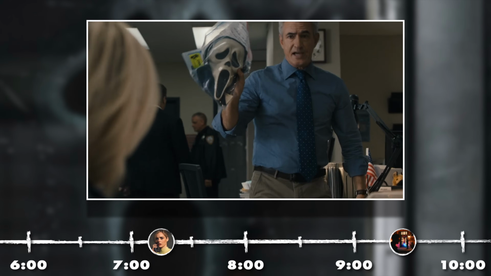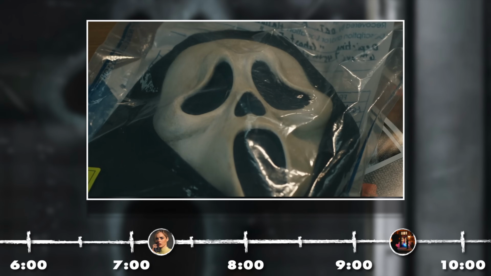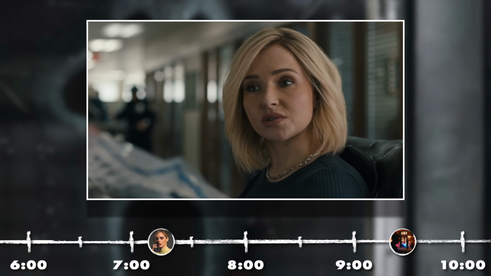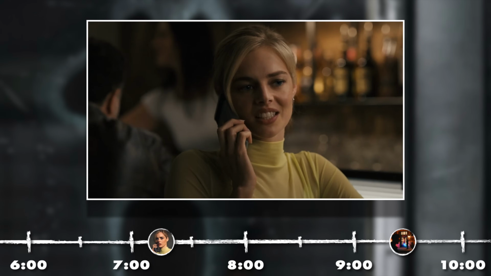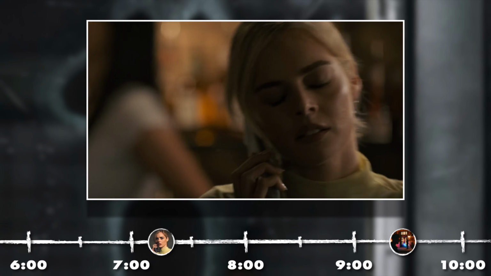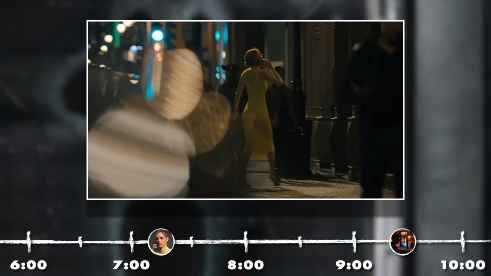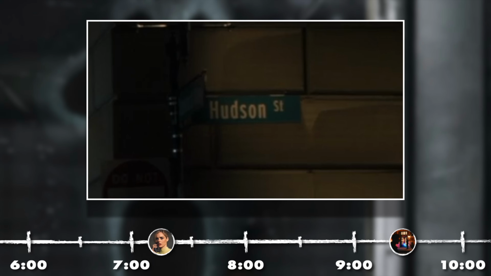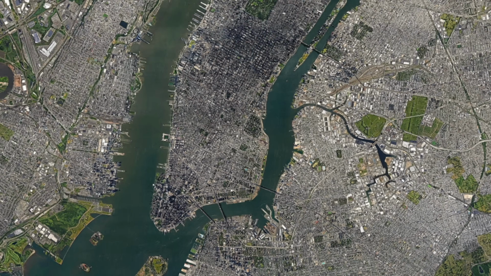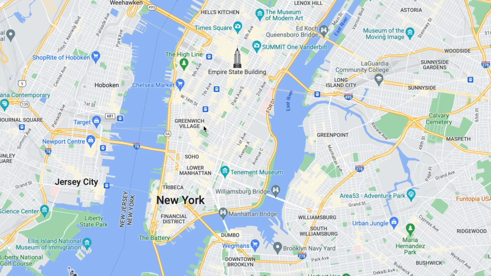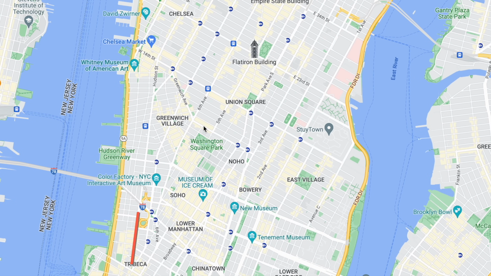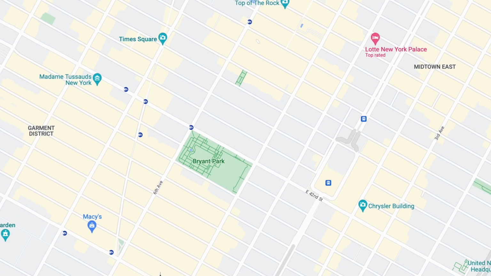This can all be gleaned from timestamps and location addresses we see on police evidence, which I'll explain more in just a minute, but as we're told through dialogue during Jason's conversation with Laura in the film's opening, the restaurant Hasta El Fuego is actually located on Hudson Street. When we take a look at a map of New York City, we can see that Hudson is a north-south oriented road that runs from Tribeca through Greenwich Village, all the way to the meatpacking district on the west side of Manhattan, while all of the other locations are concentrated to one specific area in